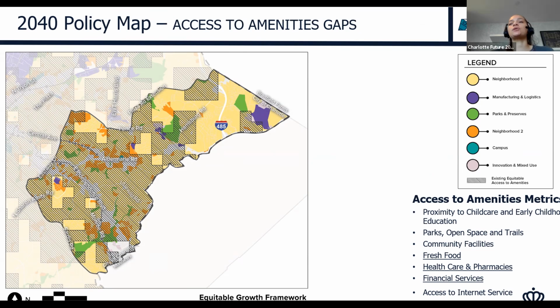Yeah, I think when we say metrics, these are the things that we looked at to measure whether or not there were gaps.